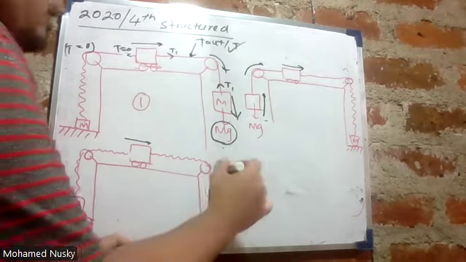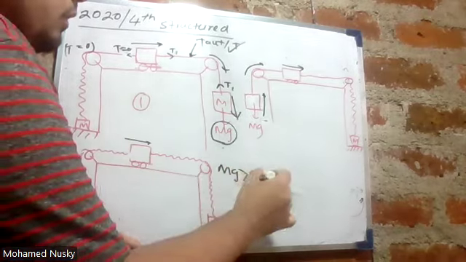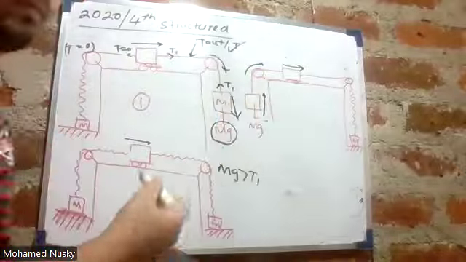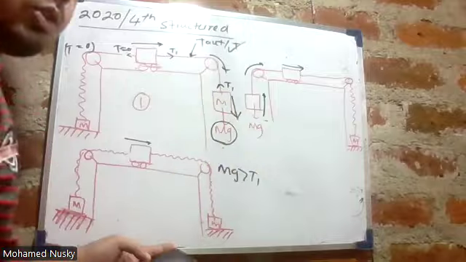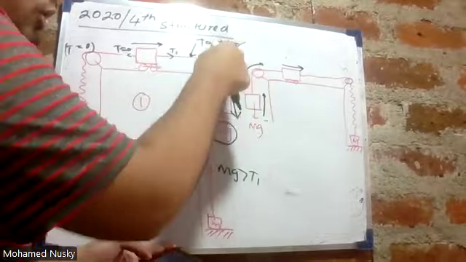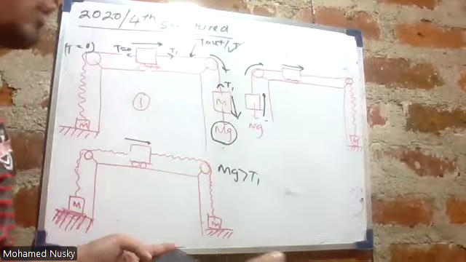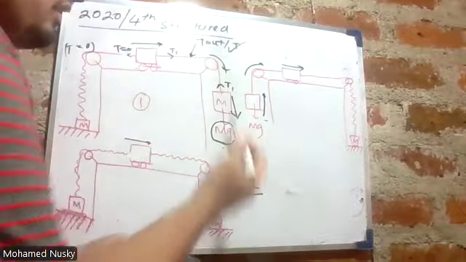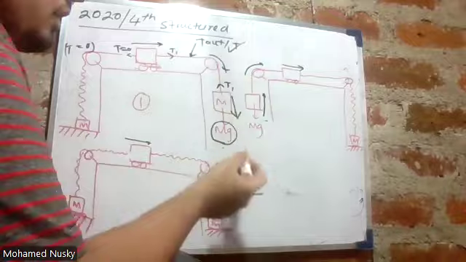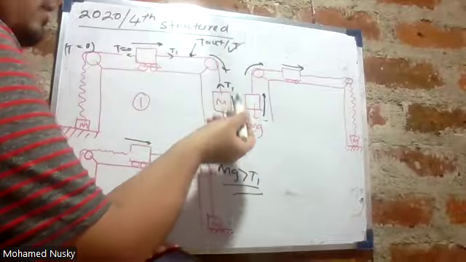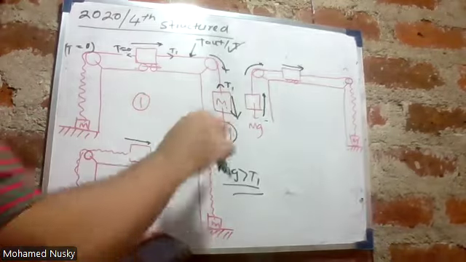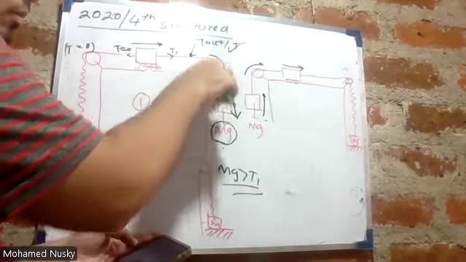How do you know mg is greater than T1? By the use of this arrow. The arrow shows the direction of motion of m. Because the arrow is showing downwards, it is obvious that mg is greater than T1. Then only the object will move down. If T1 is greater than mg, the mass m will move upward. Now, as the mass m moves downwards,